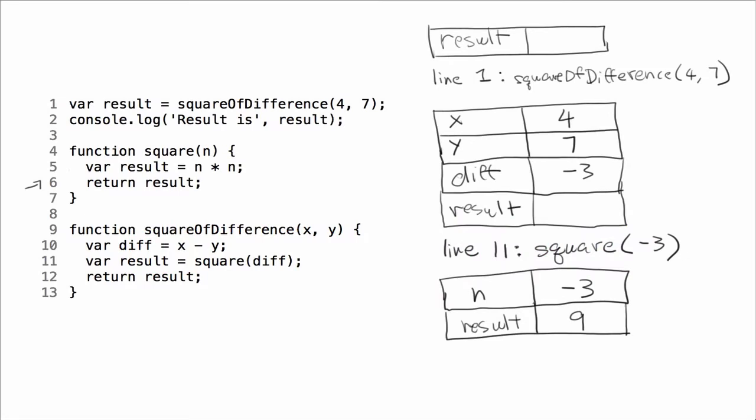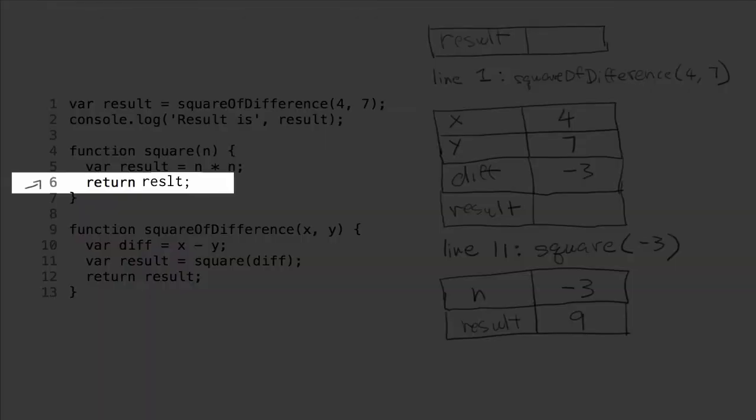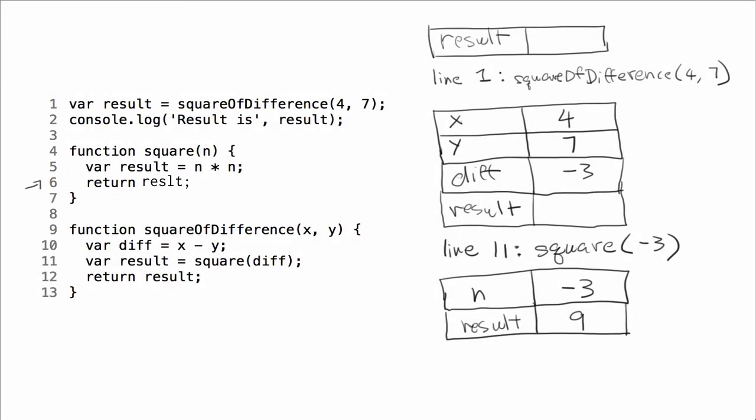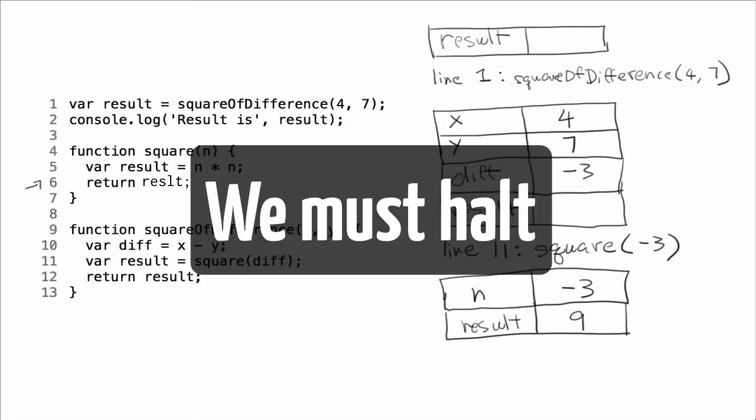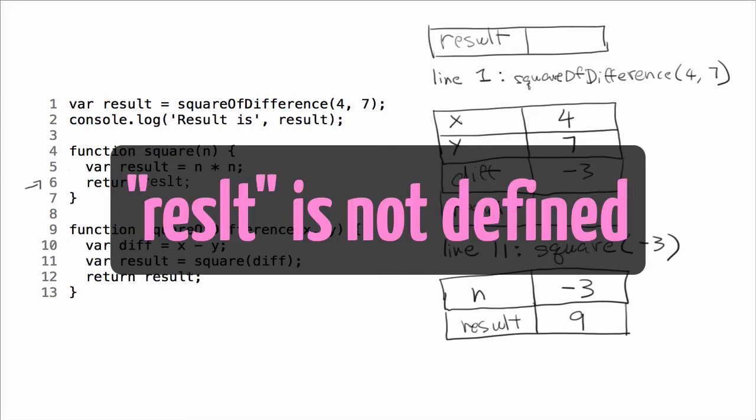Let's rewind to here, and let's say that there is a mistake on line 6 of the program, in that the variable result was misspelled. What happens? Well, the program must halt because the variable result doesn't exist, and therefore there is no way to return its value. We have to call it quits, and we're going to output an error message saying result is